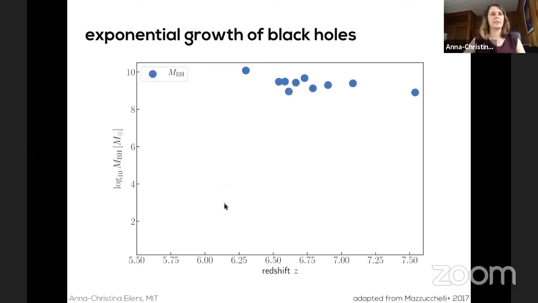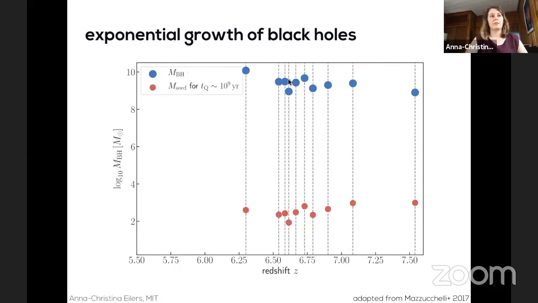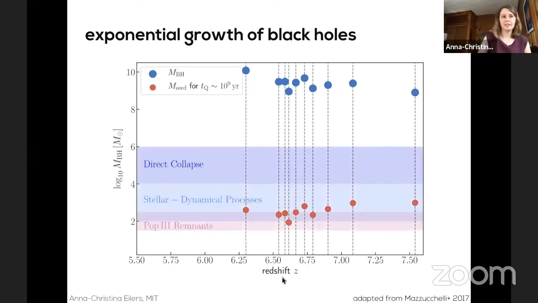So to illustrate this problem a bit more clearly, if we look at the black holes in the center of some of the most distant quasars that we know today, they all host about billion solar mass black holes. If you now assume that they have been growing exponentially at the Eddington limit throughout the whole Hubble time, you can calculate back what the size of the black hole seeds must have been by the time they started growing. And then there are various theories that predict these initial black hole seeds with a range of different masses. And so at the moment, this all looks consistent.